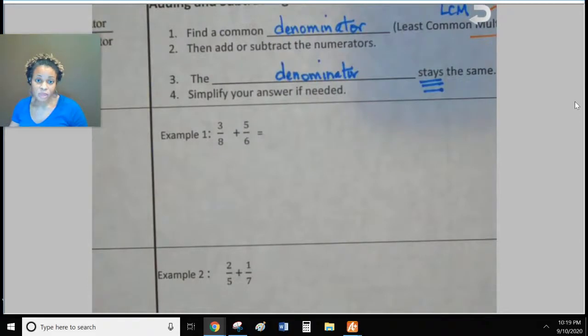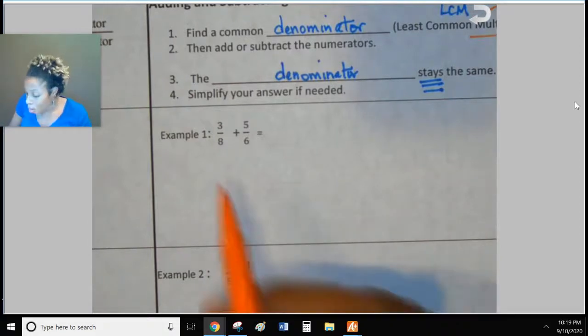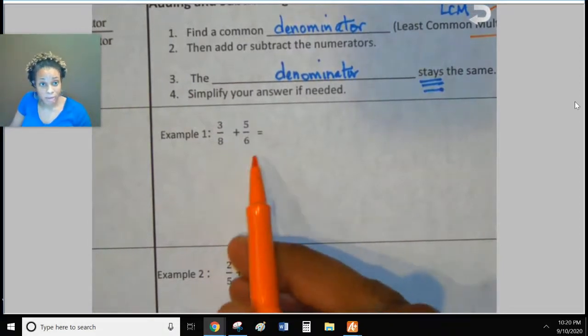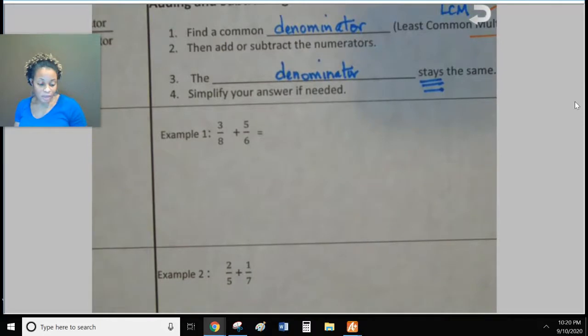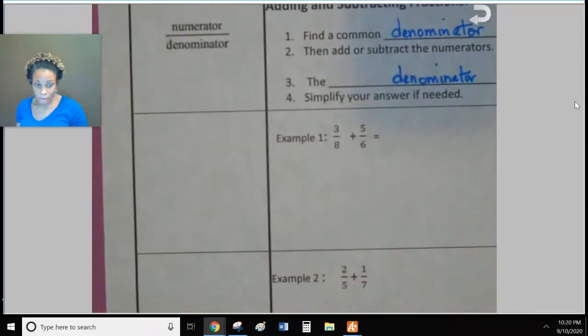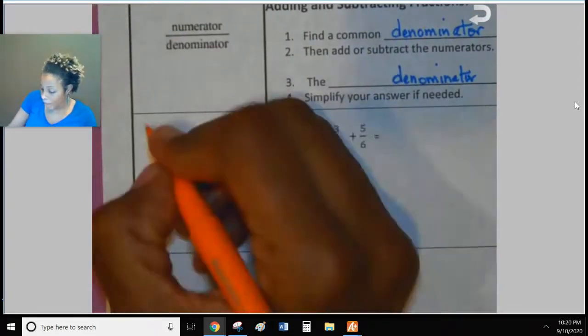So let's look at our first problem. We have 3/8 plus 5/6. The first thing you must ask yourself: are the denominators alike? Your answer should be no. So 8 and 6, they're not alike. So we're going to create lists